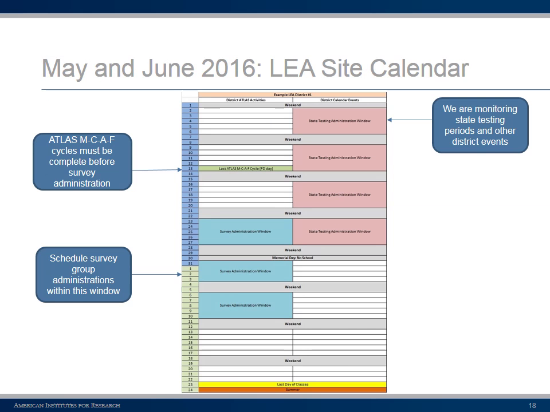And so every site might have a slightly different survey administration window. So it'll be a 2 to 3 week period in which your teachers have gotten most of their use of Atlas, and we think that it's a good time to open up the survey in your specific site. And we're trying to keep track of things like testing windows, and other district events that may be taking place or college or university events so that we're sure that it's really a good window in which the teachers are going to be able to complete the survey. And then also, as we'll discuss within this window, we'll ask you to schedule group administrations because we know from prior experience that having people complete it in a group is just a way to get a higher response rate.